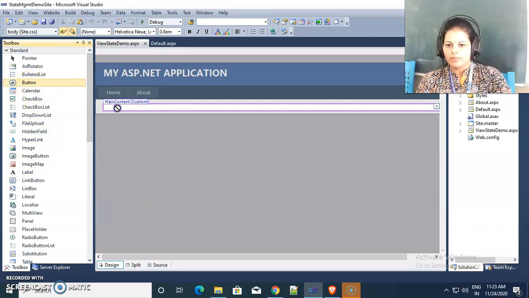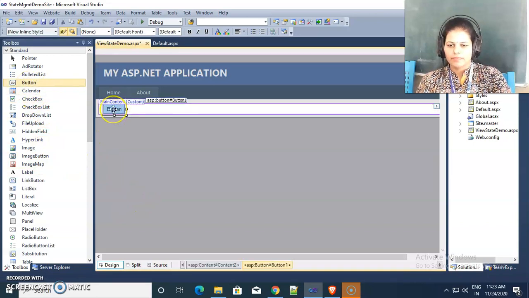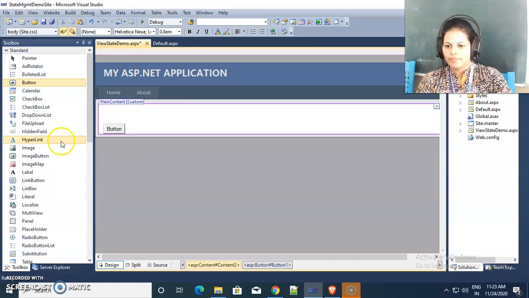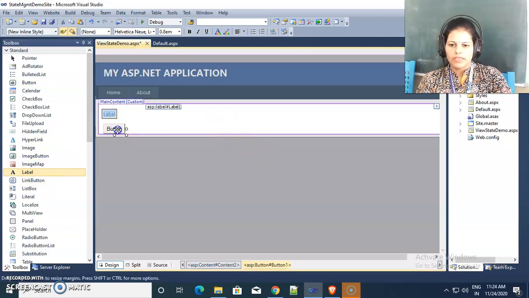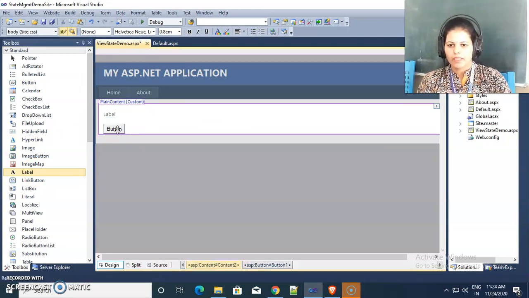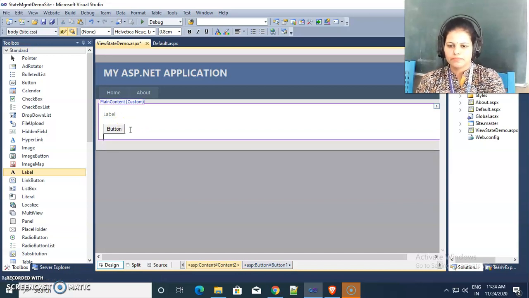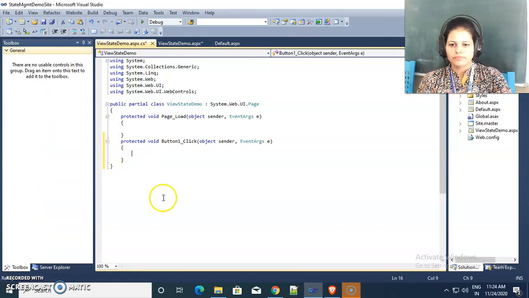I'm adding one label and also one button. Then I'm double clicking on the button.